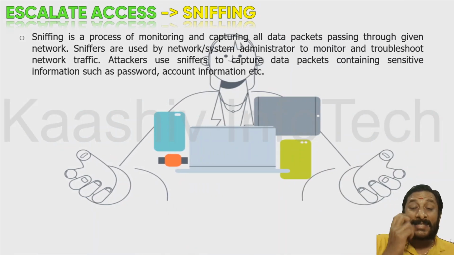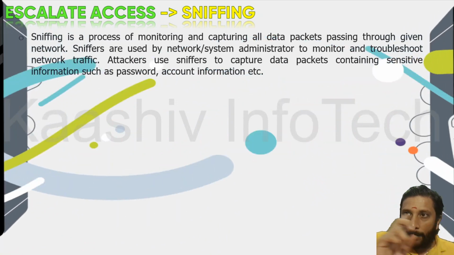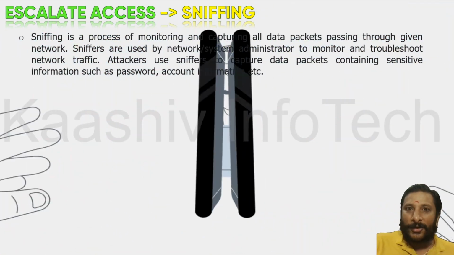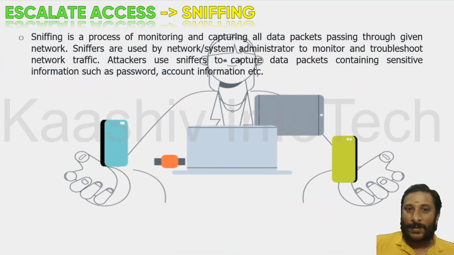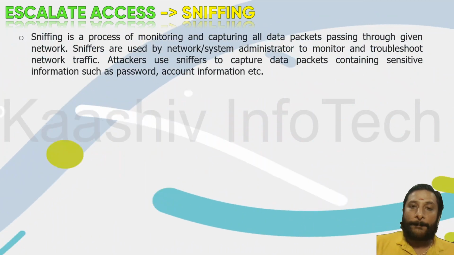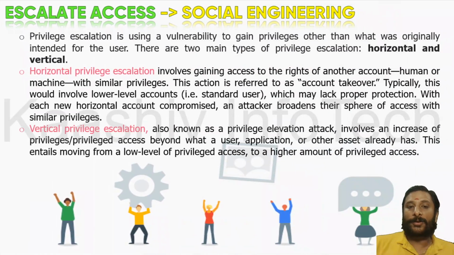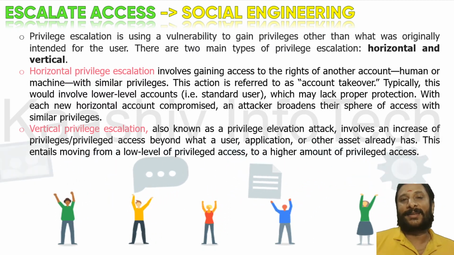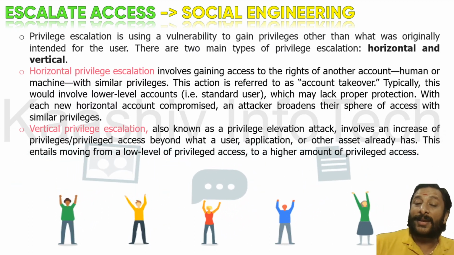And the other one is sniffing. Sniffing in the sense of entering into the network, whatever communication is happening in the network, they will try to grab it. So they will hack the network devices. Sniff in the sense of hearing, monitoring the packets and trying to sniff the data. Whatever passwords you're typing, they'll try to grab it. And the other one is social engineering. Social engineering is communicating with people to try to get some information